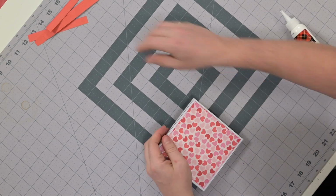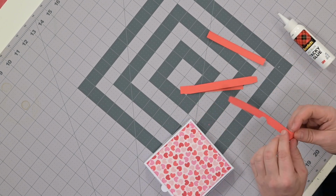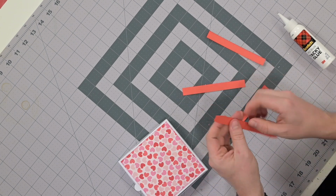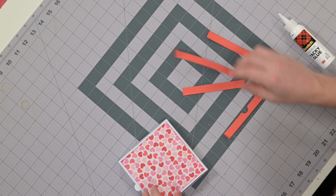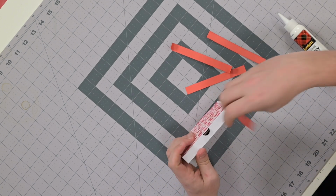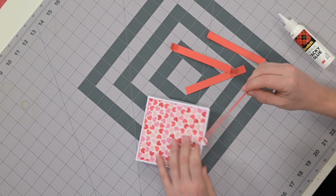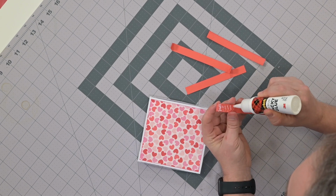Now another thing that we're going to do here, we have these 4 pieces, and this is trim for the edge of the box. 2 of them have score marks and tabs, and 2 of them don't. The 2 that do are the front and back. You can see where this one goes. It goes right here like so. And that should be perfect right along the edge so that the tabs go right over the corners and onto